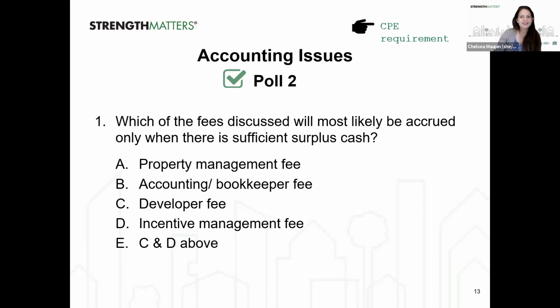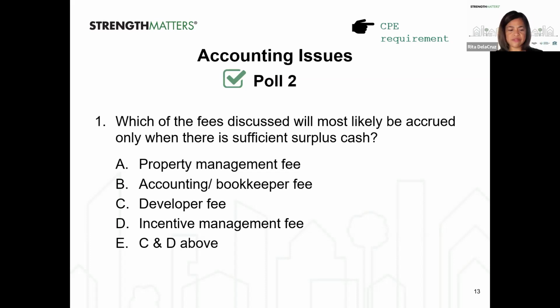I've got one person who hasn't voted yet. Going once, twice. We will call that a poll. Yeah, that's okay. Some folks, Chelsea, are not needing the CPE credit, so